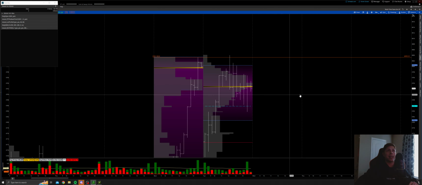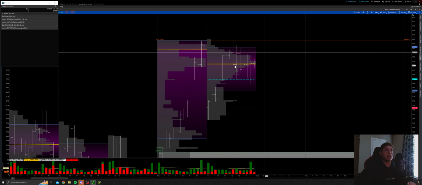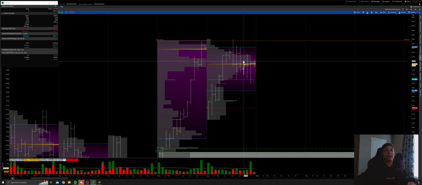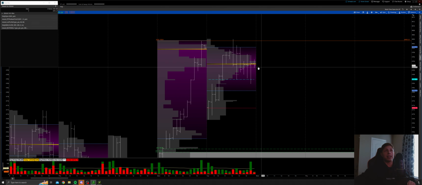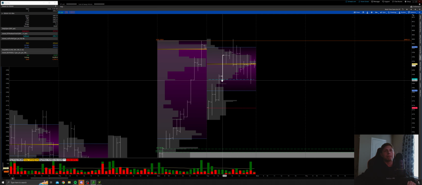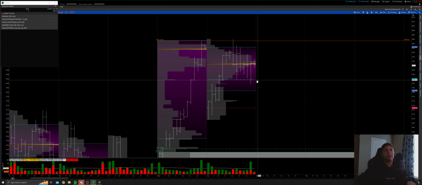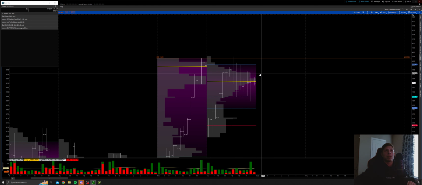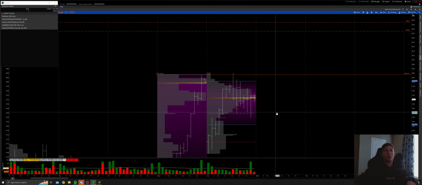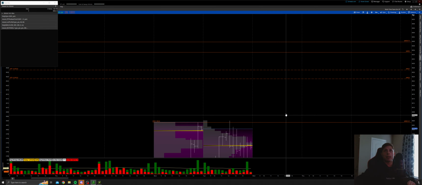So we're going to treat today as an inside day, which means tomorrow when the trading day comes, let's say we open above 85. I think it'd be more positive if we open above 85. If we open above 85 tomorrow, we want to take out 48.04, today's high, and then get some good extension